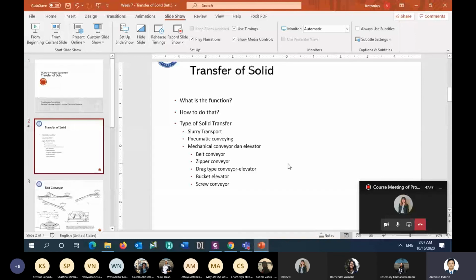But if the inclination or slope is higher than 20%, the option will be the bucket elevator. Why? Because if you use a belt conveyor for a slope higher than 20%, the solid particle tends to go down, to slip,